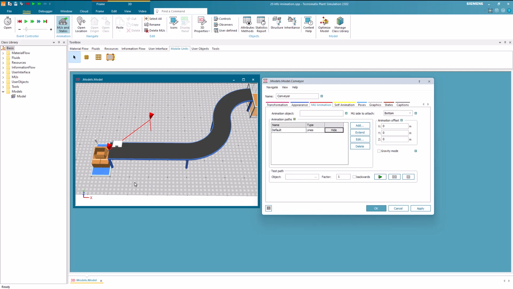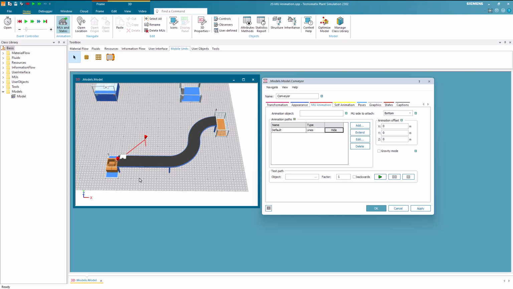For instance, if we consider the conveyor's length to be 10 meters and the part is located at 1 meter along the conveyor, the part will be animated along 1/10 of the length and will be visualized accordingly on 1/10 of the animation path. This implies that the animation path doesn't need to be as long as the actual conveyor length. It is simply scaled down to match the relative position of the part.